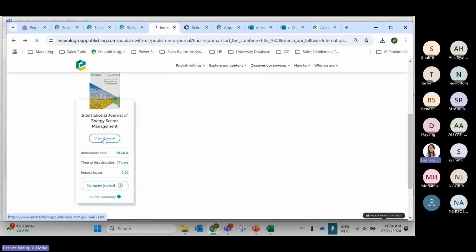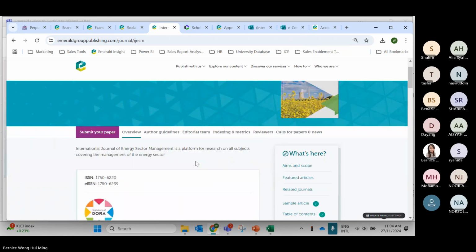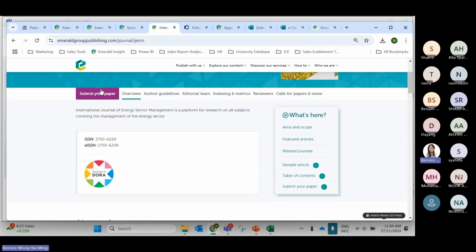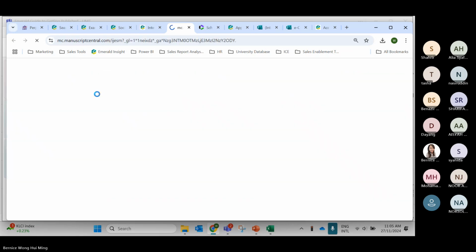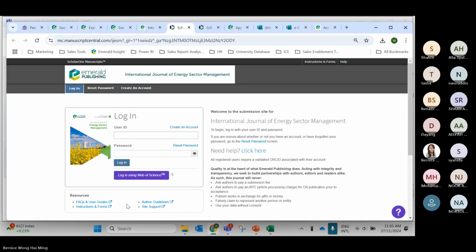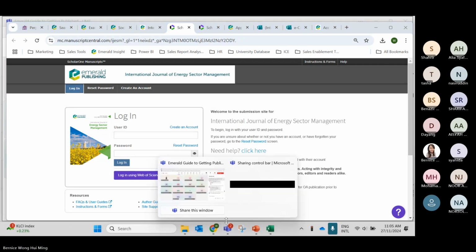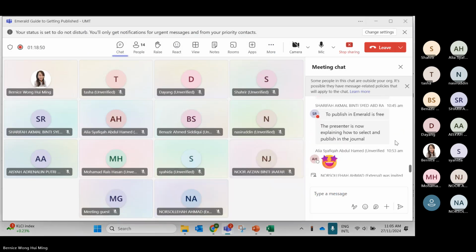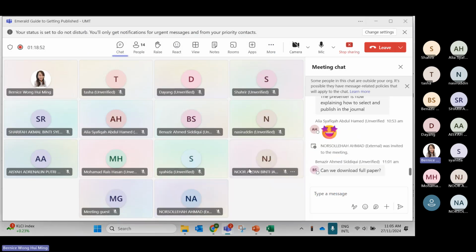So you can view the journal, then you can submit. Yeah, you can consider this journal as well. But of course if you go with open access, then you will require an APC. Okay.